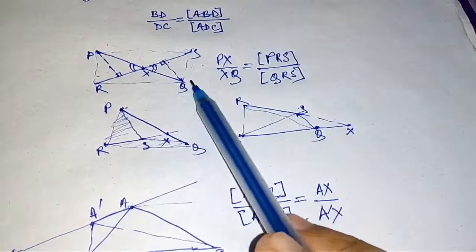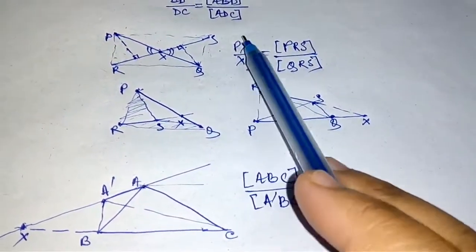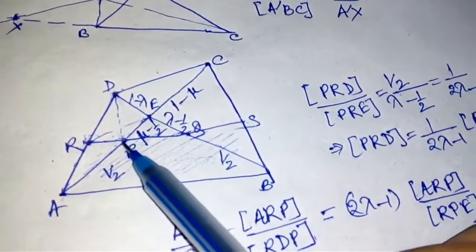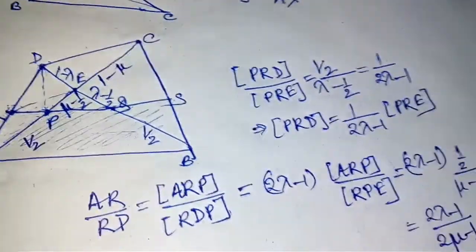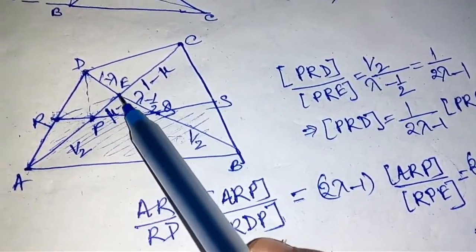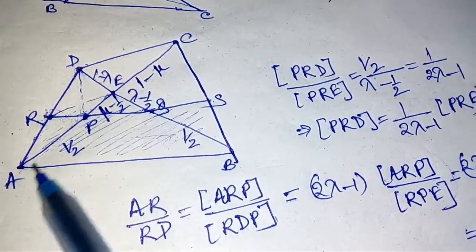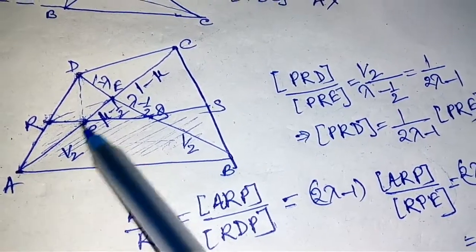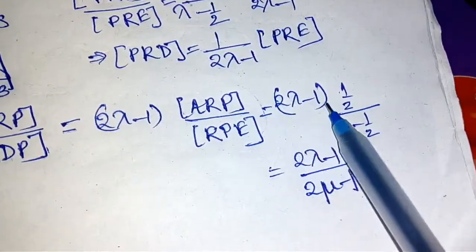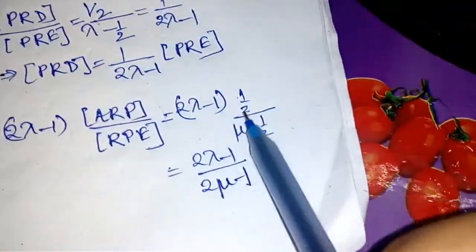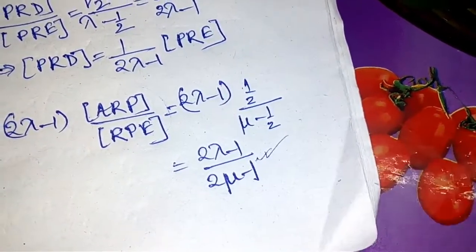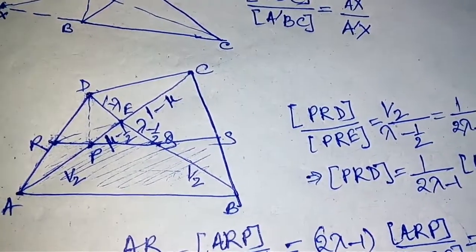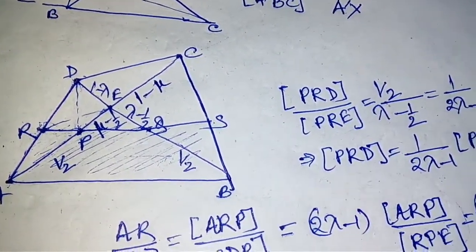Now using our intersection theorem, that is converting the area ratio to the length ratio, we get the length ratio of the areas. Now to convert it into length ratio, see, we get ARP by RPE. So the length ratio or the area ratio will be equal to AP by PE, and substituting the values, we get this as our answer. So this was one of the most basic applications of area lemma, to calculate the length ratio.